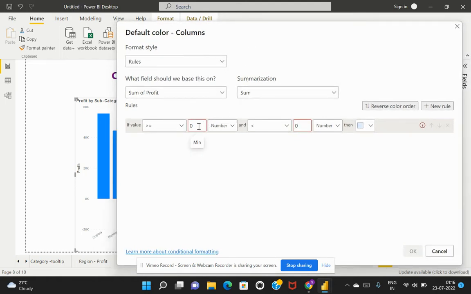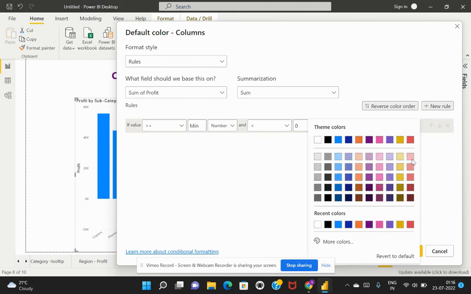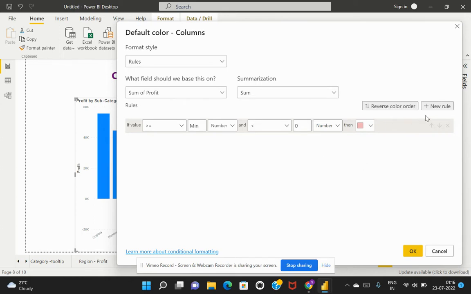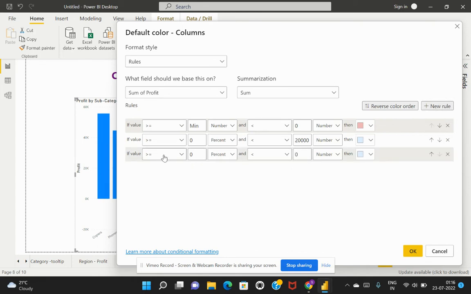The first condition is that anything below 0 should be in red, and we'll add another rule which is above 0 and below 20,000 in blue, and then we'll add another rule which is above 20,000